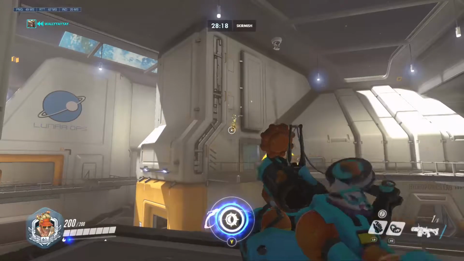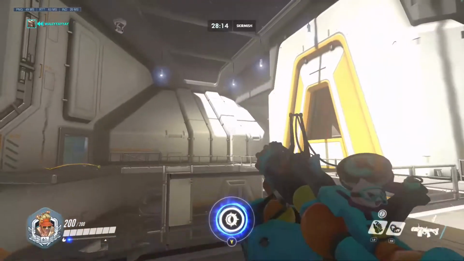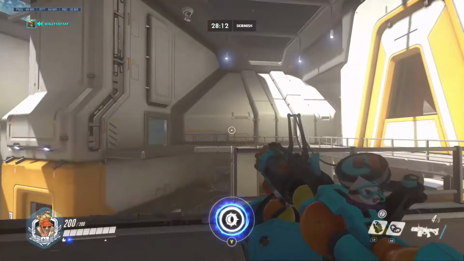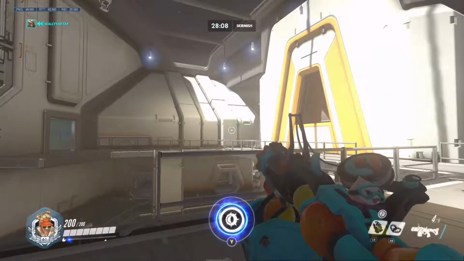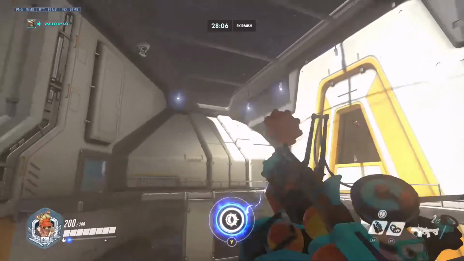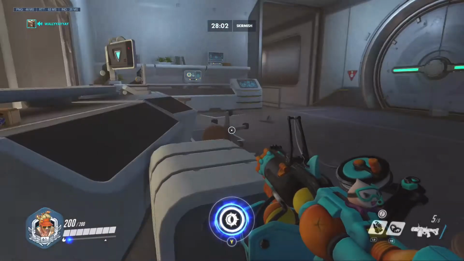So if there's a Torb turret right there, go ahead and make sure that gets taken care of. If there's a Soldier over there, I wouldn't worry about that too much. I'm gonna have our D.Va go ahead and dive the McCree, Soldier in with this high ground over there. Okay. So once that's clear, our next